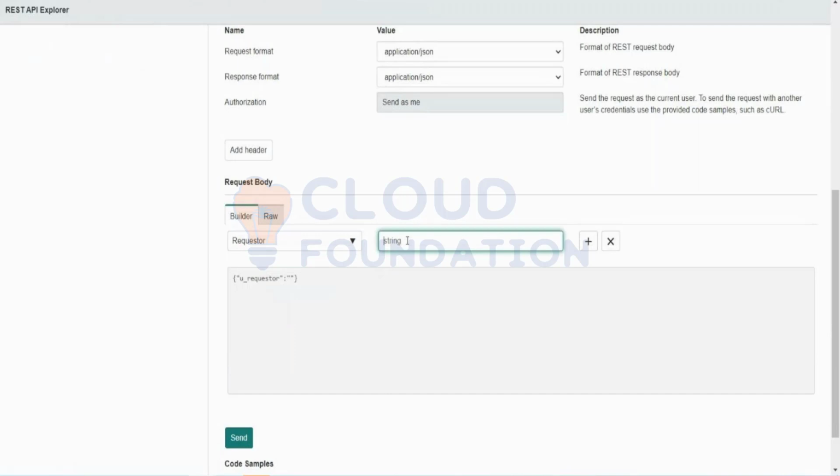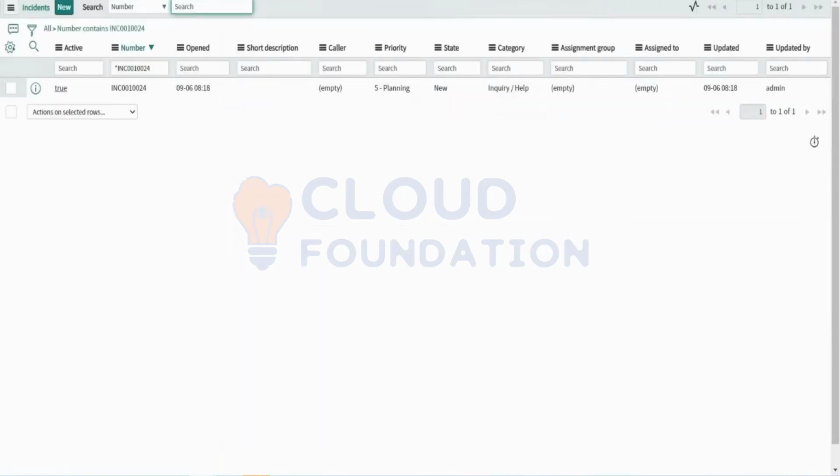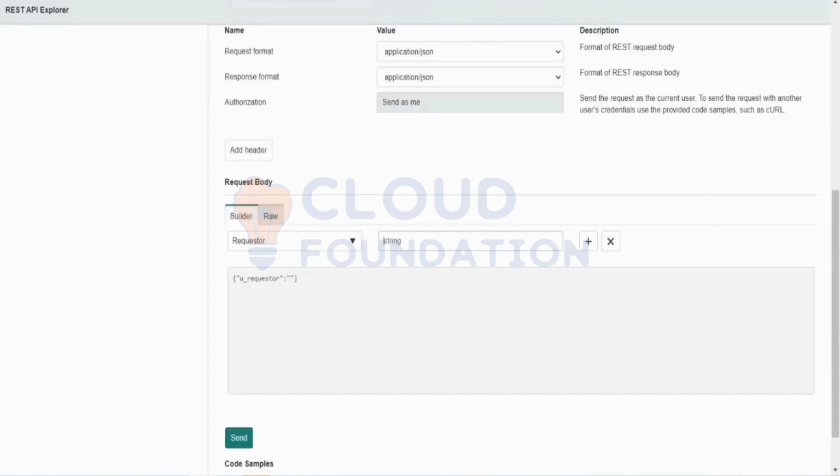But if I give you a name and it doesn't have a user record, what will be the default value that it would pick? Like, the record cannot be created, right? No, it would be created, but in the name of what? That day you guessed it right. In the name of guest. Guest user. It is going to take the guest user. Okay, so here, let me put my name.